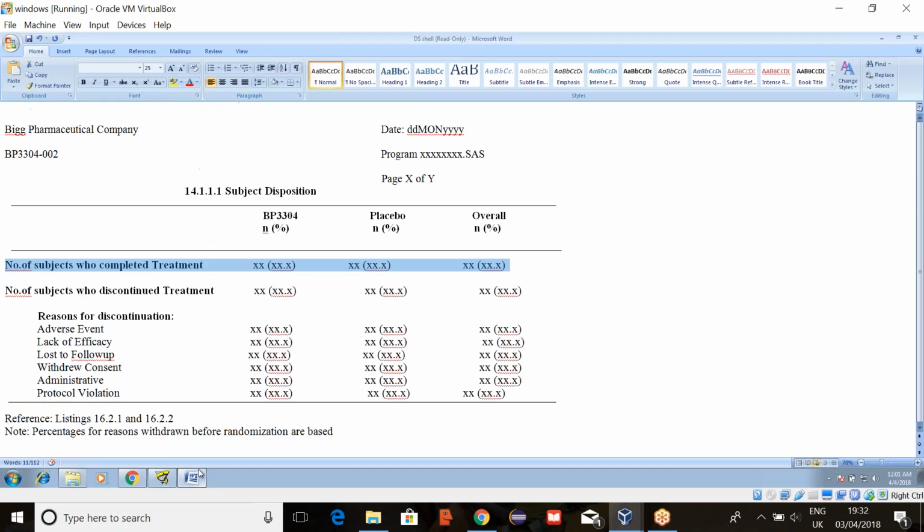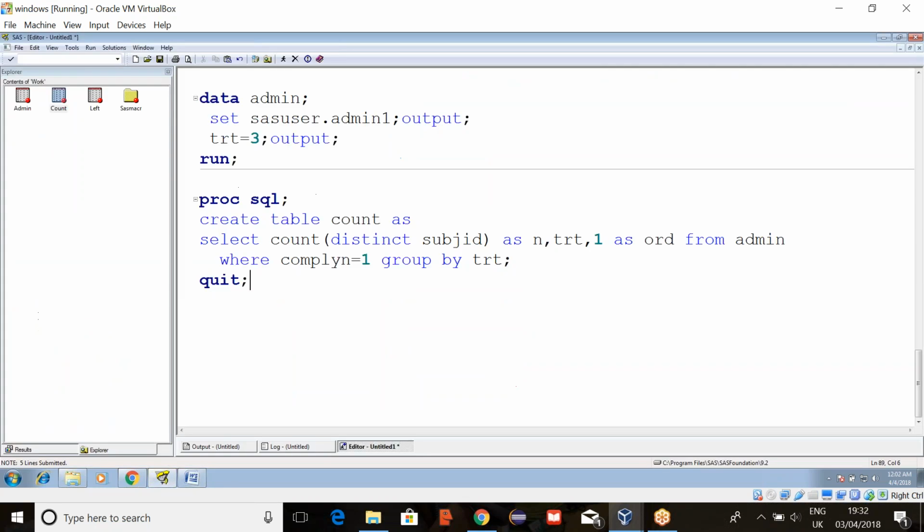The same thing we need to repeat for number of subjects who discontinued and also for reasons. So after creating, we have to combine all those things. So instead of creating in separate proc steps and again concatenating them, do you remember operators? So I'll use an operator here.